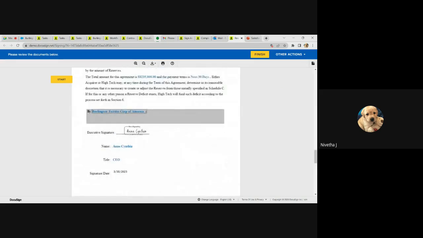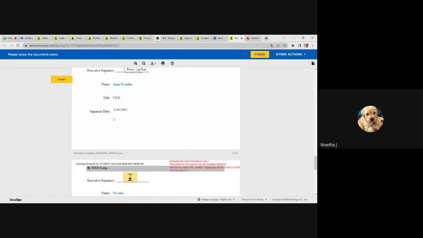As you could see, the external signature has been updated in the document and the date sign also has been